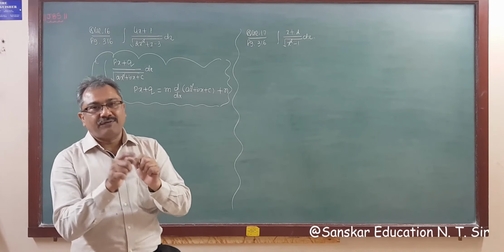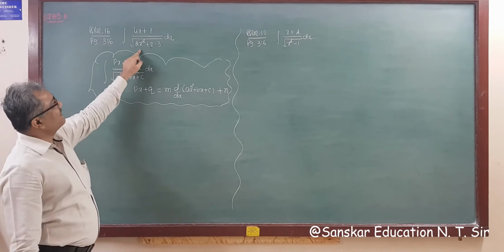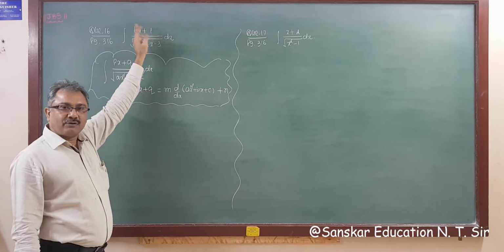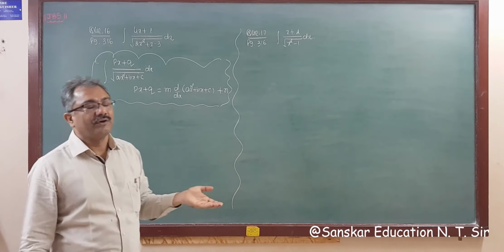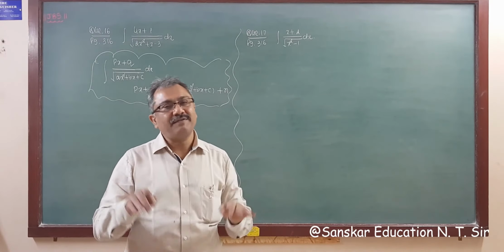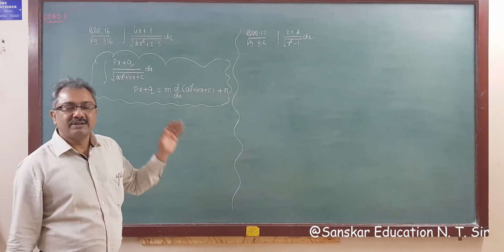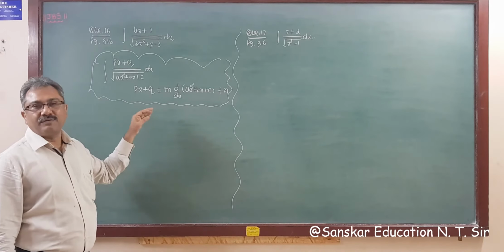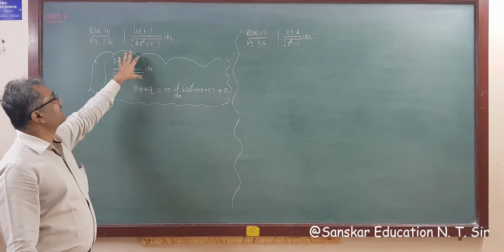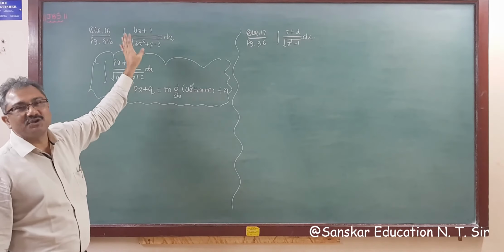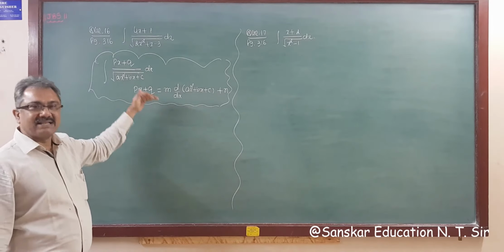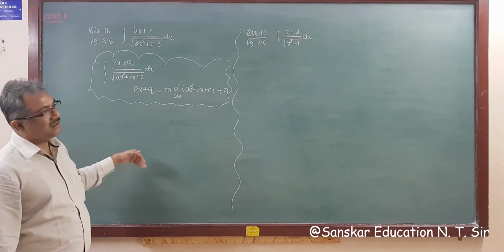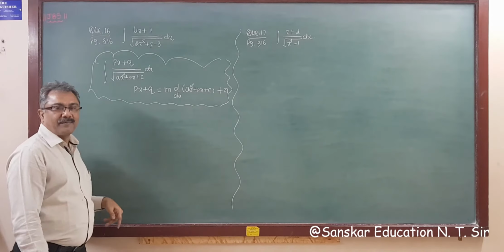And if a quadratic is there and in the numerator only one constant is there, then what you have to do? You have to find the last term, make it a perfect square and apply the formula. So this type of form is very important from the exam point of view. This is an MCQ question, but this type is important for 4 marks questions, right? Because it has length, right?